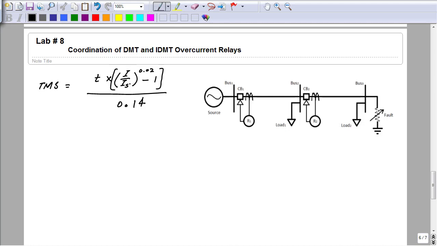By increasing I set, this ratio will reduce. As this ratio reduces, this positive factor within the bracket, its magnitude will become smaller, and overall this factor is going to reduce. As this value reduces, TMS will reduce. It means with the increase in I set, TMS decreases. Similarly, by decreasing I set, TMS would increase for the value of T constant. So it means there is an inverse relation between TMS and I set current.